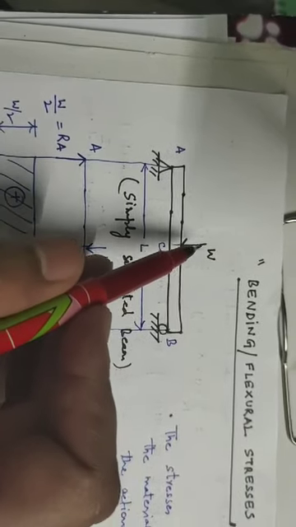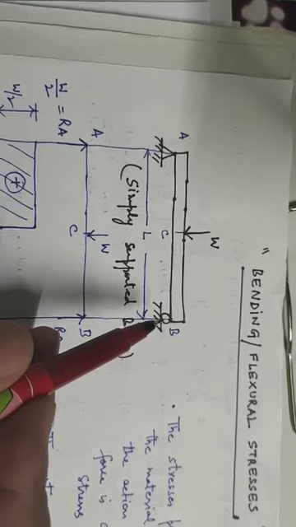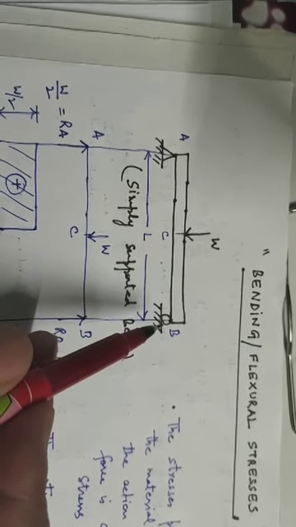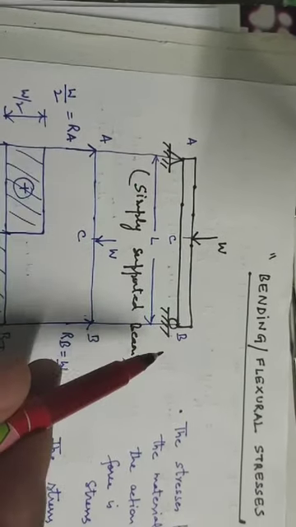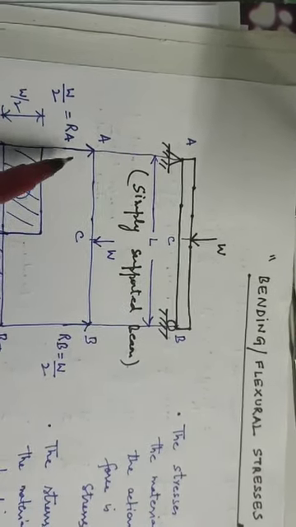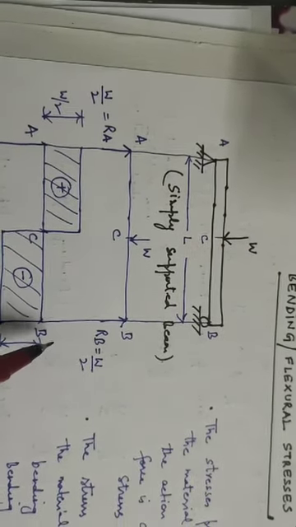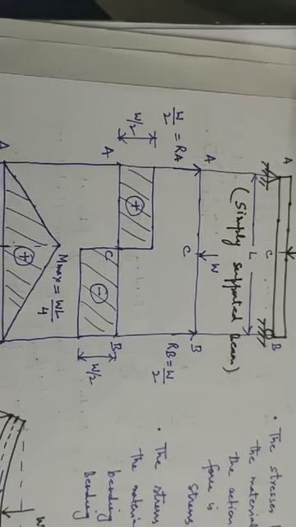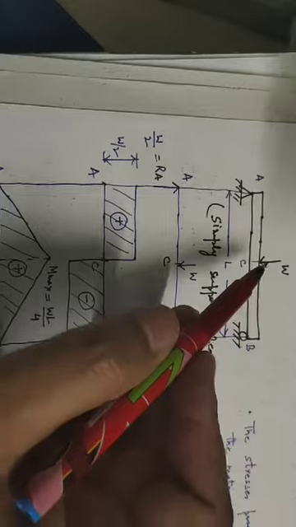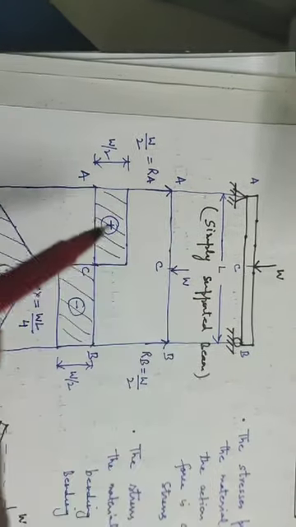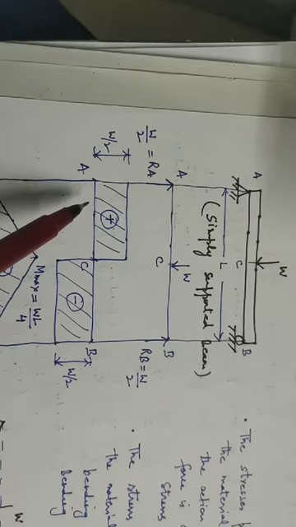load. So whenever some load acts on a beam, we have already studied how to draw the shear force and bending moment diagram by simply taking reaction at point A, RA, and reaction at point B, RB, that will come out to be W by 2, and we will plot the shear force diagram. And similarly, we will plot the bending moment diagram for this beam. So due to this external load, we will see that from point A to C and from C to B, there will be shear forces.